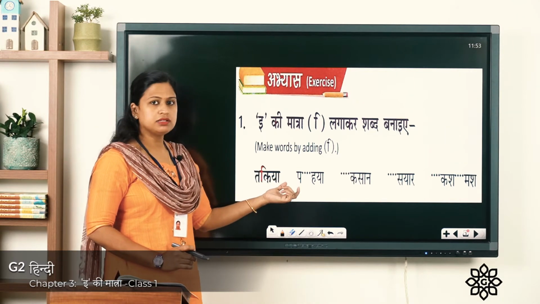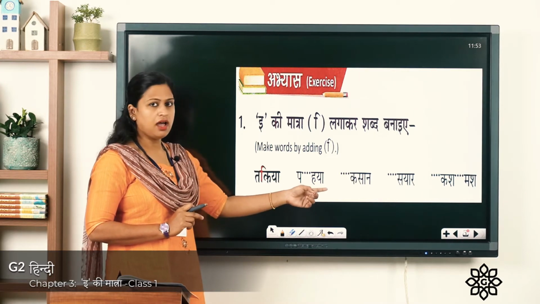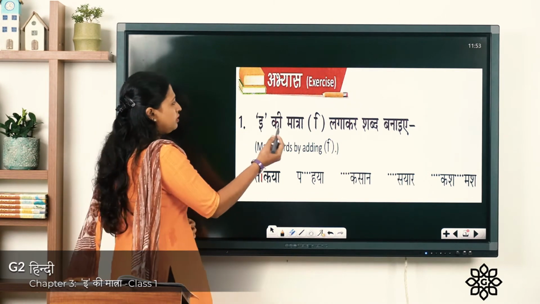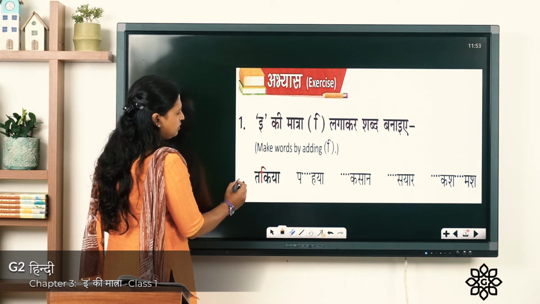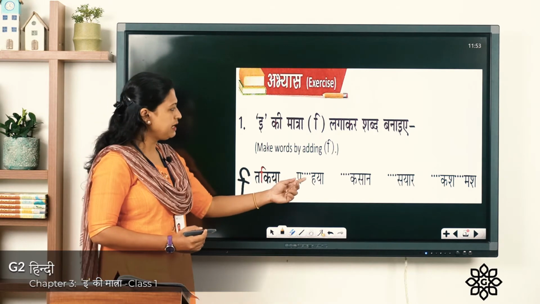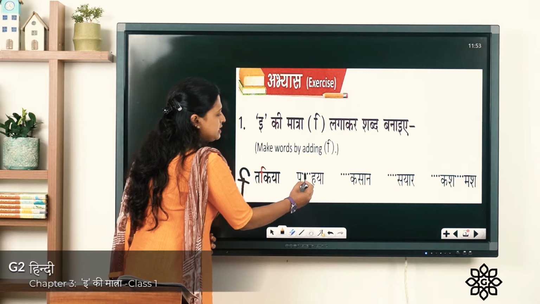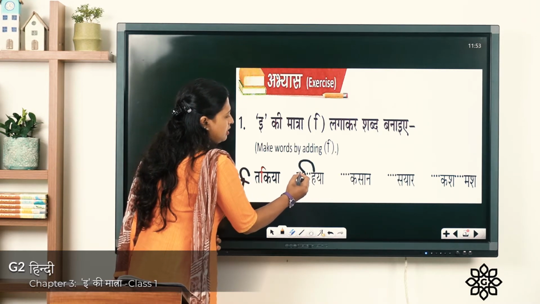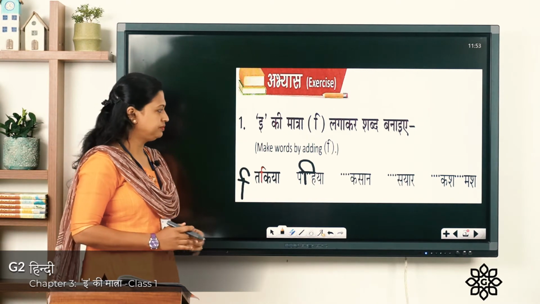You can see pa consonant and a blank space. Ha, ya. Here you have to add E symbol. You know the E symbol, straight line, sleeping line and on the top hook. So you have to write E symbol here. You have to write it along with me. This is the E symbol. So the word is pahiya.